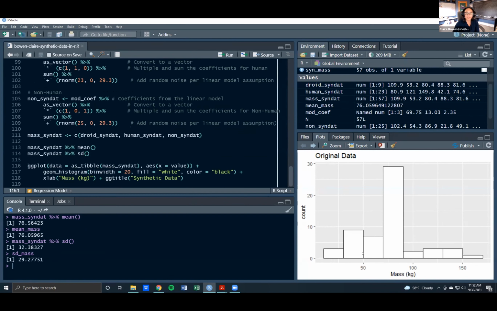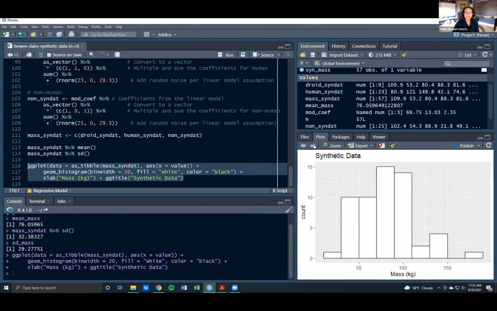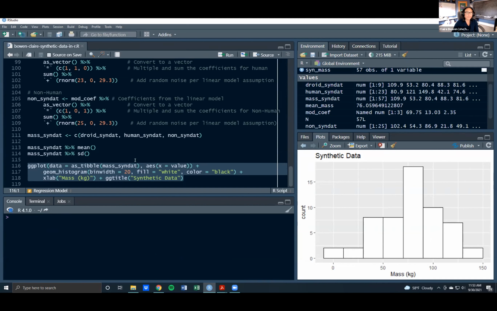Now remember, this is our original data, and we're going to visualize this again to see how well we generated this. Okay, so it's a little bit more normally distributed. It's okay. Again, we're trying to be respectful of all the species out there that are very sensitive about their weight. So that's a trade-off: you're getting kind of close, but it's not perfect, right? So that is the basis for trying to generate synthetic data.